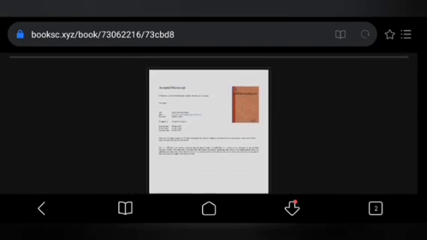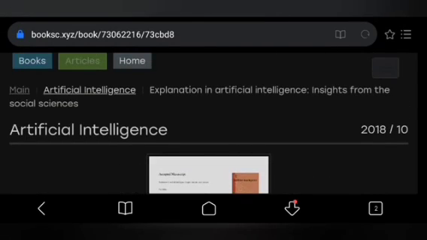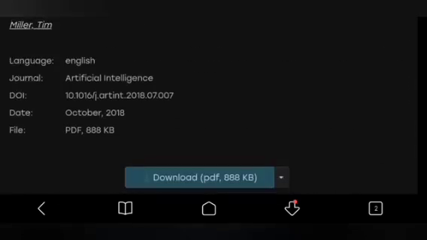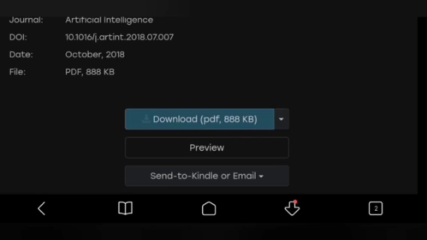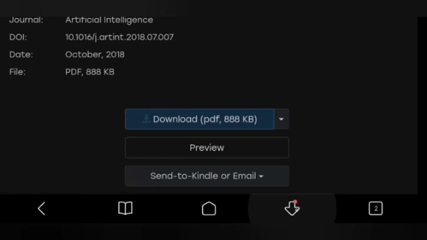Okay, so the article is ready to download. So here we go. Once you click on the PDF downloading option, it will get downloaded easily.